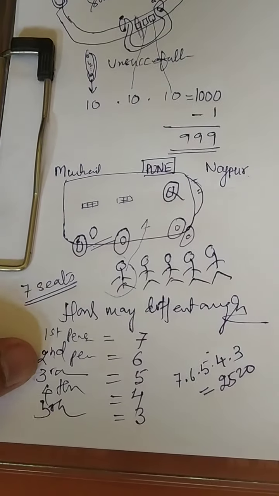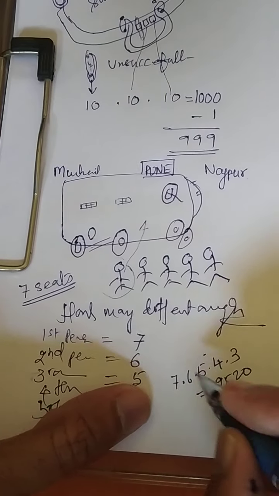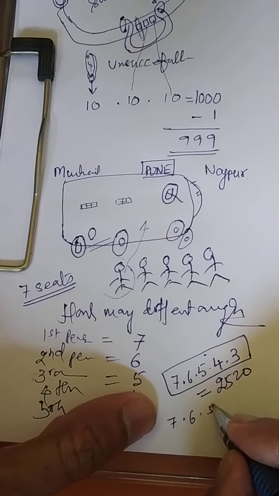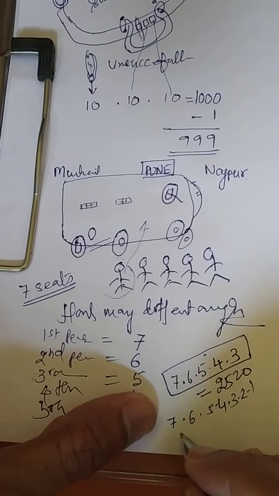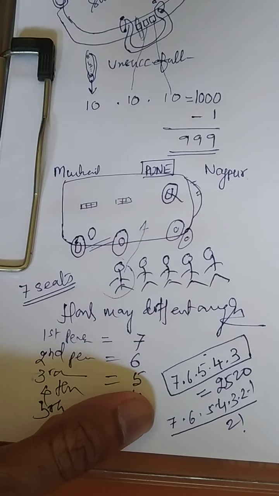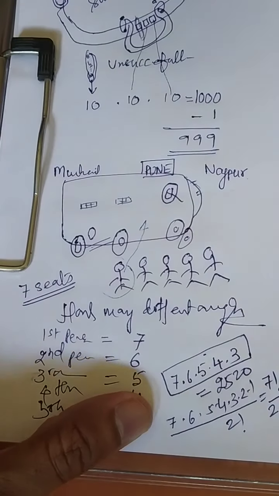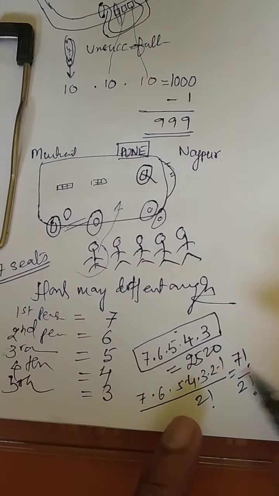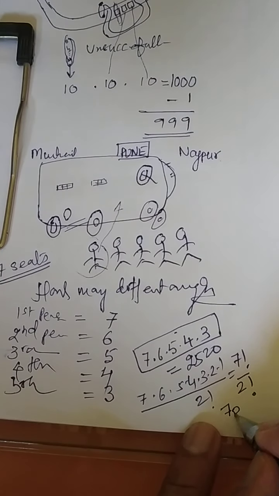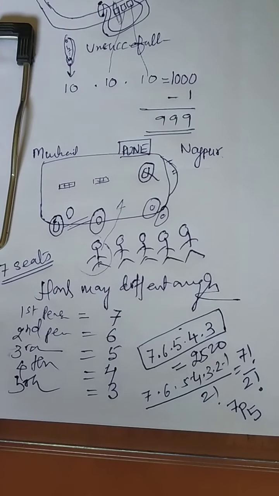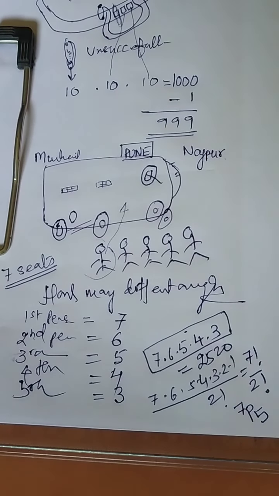Now, can you answer this question in factorial form? Yes. Let us look at what I am doing. This can be written as 7, 6, 5, 4, 3, 2, 1 divided by 2, 1. The numerator is nothing but 7 factorial, and the denominator is 2 factorial. This is nothing but 7P5. Check, it is 7P5. So I am just trying to connect the fundamental principle of counting with permutation. This is a way to connect the things.